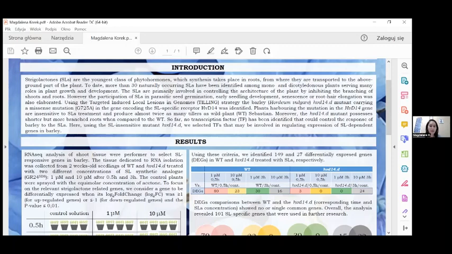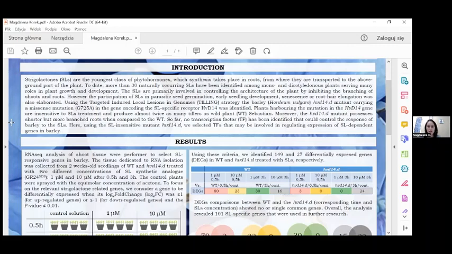However, their participation was also proved in seed germination, early seedling development, senescence, and root hair elongation. More research also proved their participation in the plant's response to abiotic stress, such as salinity or drought. And in our lab, using the TILLING strategy, we were able to identify the mutant